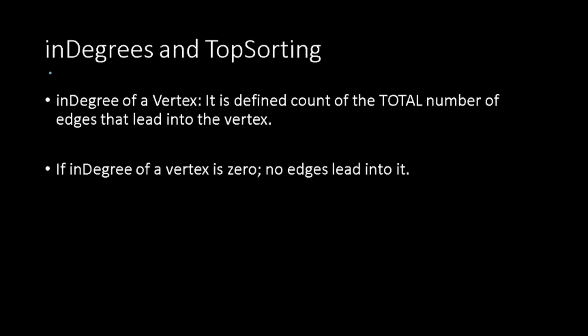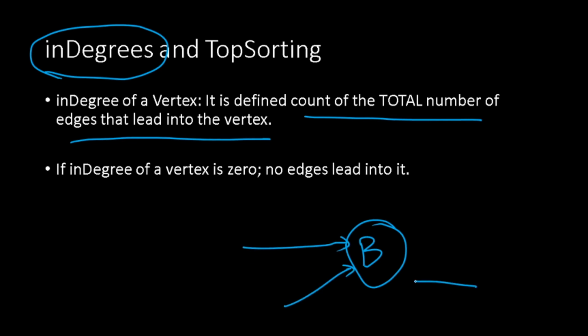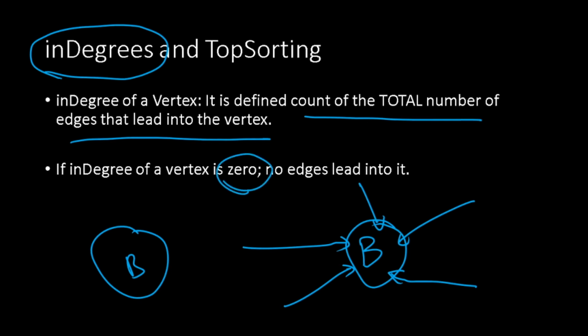I want to solve this problem by demonstrating the algorithm, because otherwise it will get very formal and complicated. To demonstrate the algorithm, I just have to introduce one concept, the concept of in degree. It is the total count of the number of edges that lead to the vertex. So if there is a vertex B and there are 5 connections to it, then its in degree is 5. If there is a vertex with no connections to it, then its in degree is 0. Okay, this is the only definition I'll need for you to understand my algorithm.